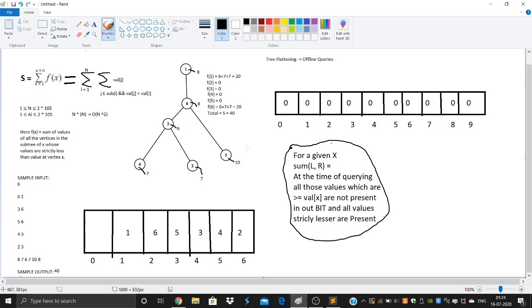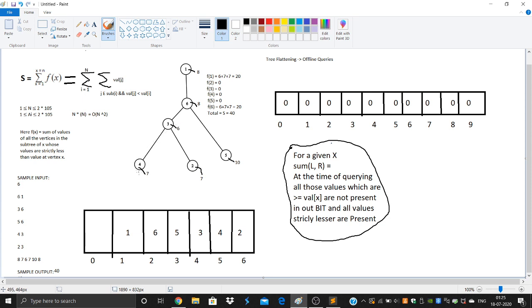We'd have to process the queries in the ascending order of values. This basically means first we should process the query for 6, and before querying for 6, all those values which are strictly less than 6 have to be updated in the BIT, and then we query for 6, and then we move ahead.